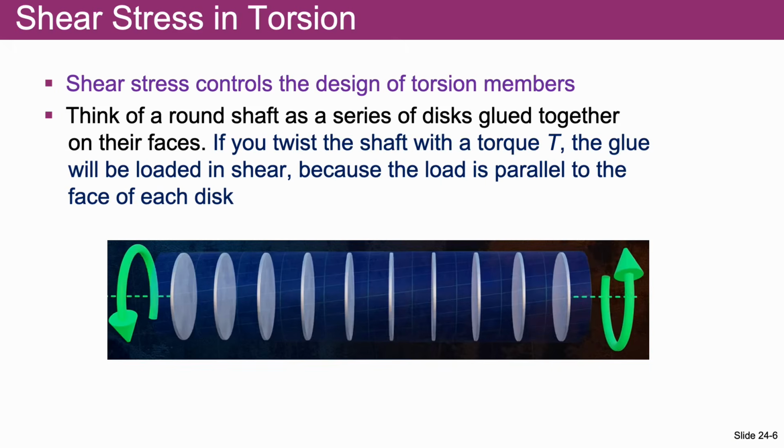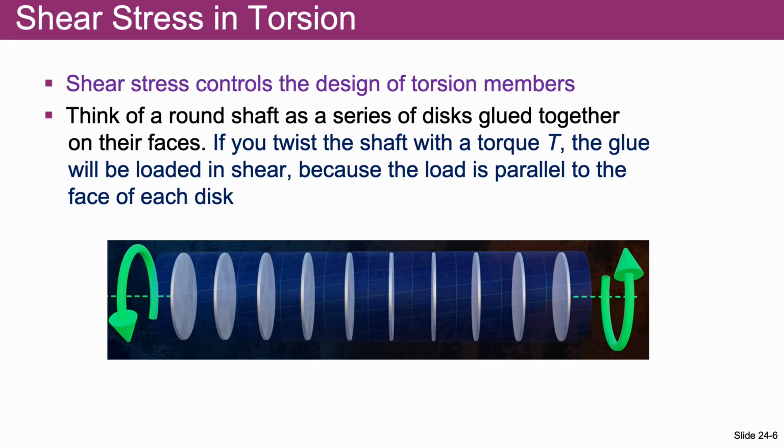And as I indicated before, the type of stress in torsional loading is shear stress. And now let me explain the reasons of it, why the type of stress in torsional loading is the shear stress, and why the shear stress controls the design of torsional members. So the shear stress is a very important concept when we analyze the engineering structures, the structural members which are subjected to torsional loading. In order to understand this, please look at this figure and visualize.